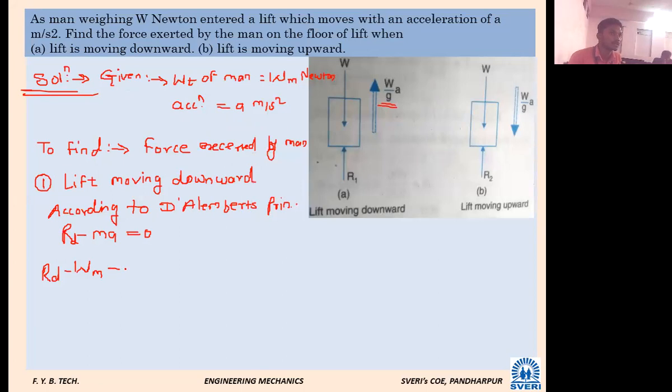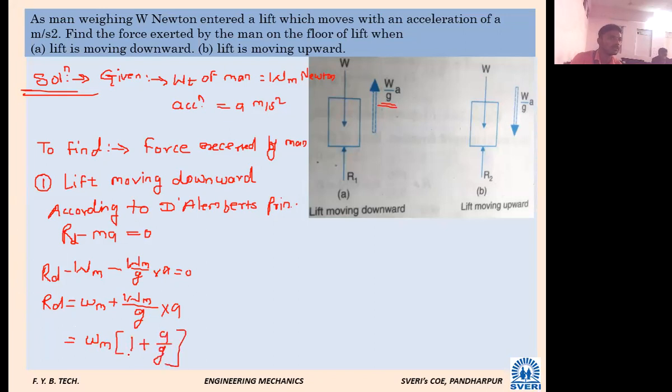So here again minus W m divided by g इंटू a इक्वल टू 0 असं येईल. आणि त्याच्यावरून तुम्ही R D, रिएक्शन R D काढू शकता. या सगळ्या टर्म इकडे जातील. त्याच्यामध्ये कॅल्क्युलेशन काय नाही. W m divided by g इंटू a इकडे जाईल ना ते सगळं. If you want to go for simplification you can, otherwise let it be. तुम्हाला सिम्प्लिफाय करायचं असेल करू शकता, अदरवाइज लेट इट बी.